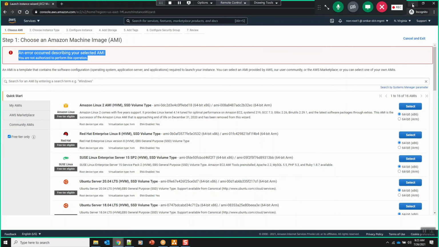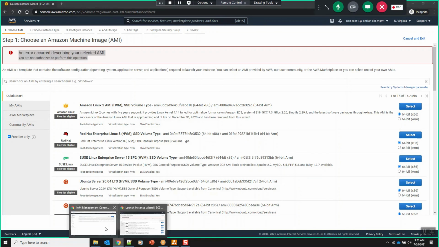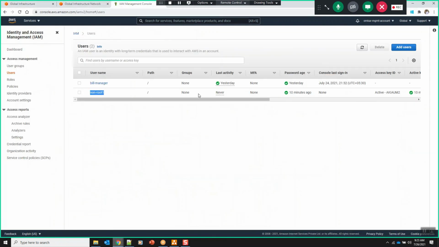Exactly. The reason I didn't give all the permissions is that I want to show you the error. This way we can control all the users. Every user is by default not allowed to do everything. So let me select. Now I am in root.